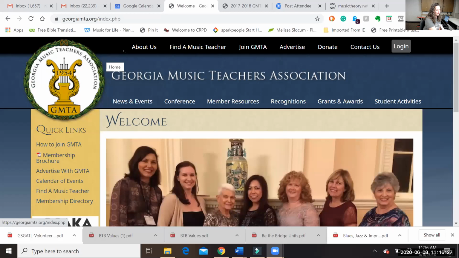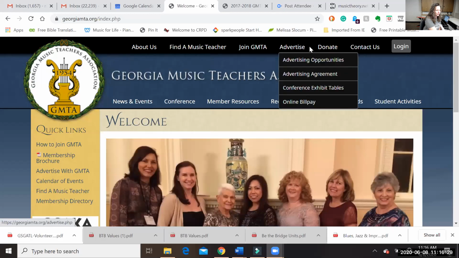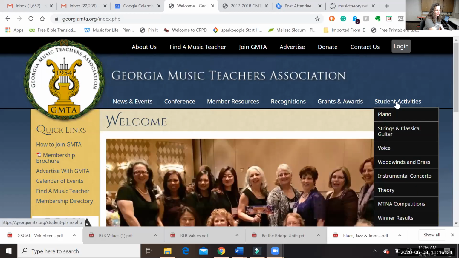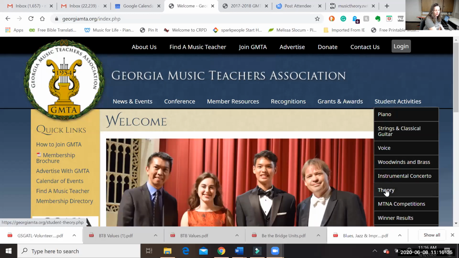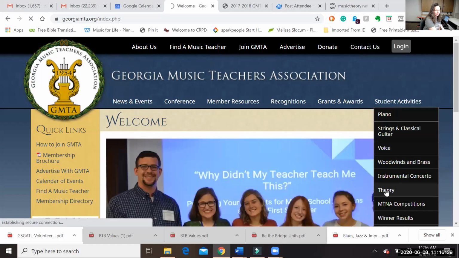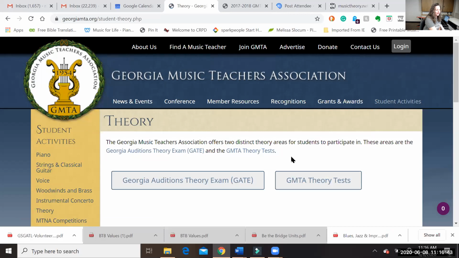Alright, then you want to go to Student Activities, and you'll see Theory pops up here on the right about halfway down. Click on Theory, and there'll be two buttons. The first one is the GATE exam. You do not want that. That's for auditions. You do not want the GATE. You instead want the button on the right, which is GMTA Theory Tests. So click on GMTA Theory Tests,